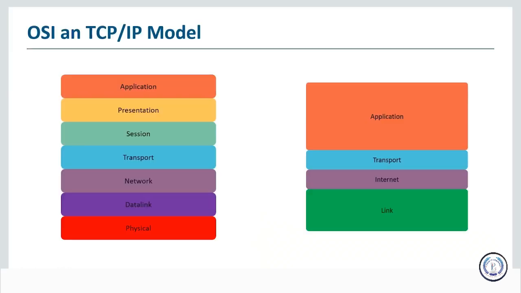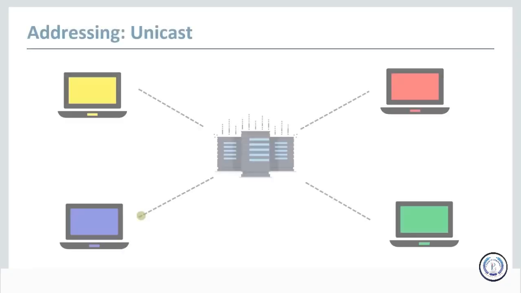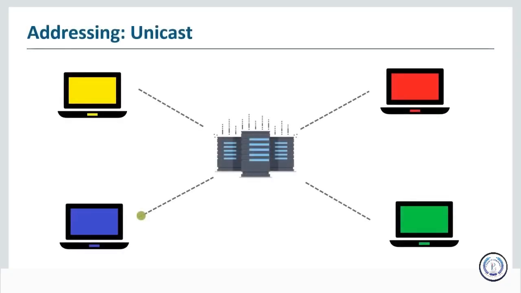Okay, so now that we're done with the User Datagram Protocol, let's talk about addressing modes. Addressing modes are how you address a packet to your different destinations. There are three kinds of addressing modes. The first kind is unicast. This is a pretty simple one to understand. There's one destination and one source, and the source sends the packet to the destination. It depends on the protocol that you're using. If it's something like TCP/IP, you're probably using a bidirectional stream, so the blue computer can talk to the red computer, and the red computer can talk back to the blue computer.